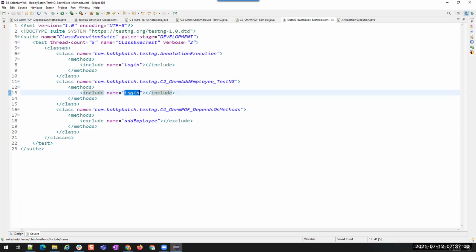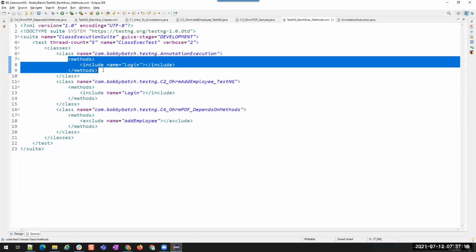Understood? So we can create groups on these methods. We can assign groups to these existing methods so that whenever we want to execute, you can just mention the group name. You don't have to mention each of the methods here. If you just call the group, that's all. It will execute all the methods which are linked to that particular group.